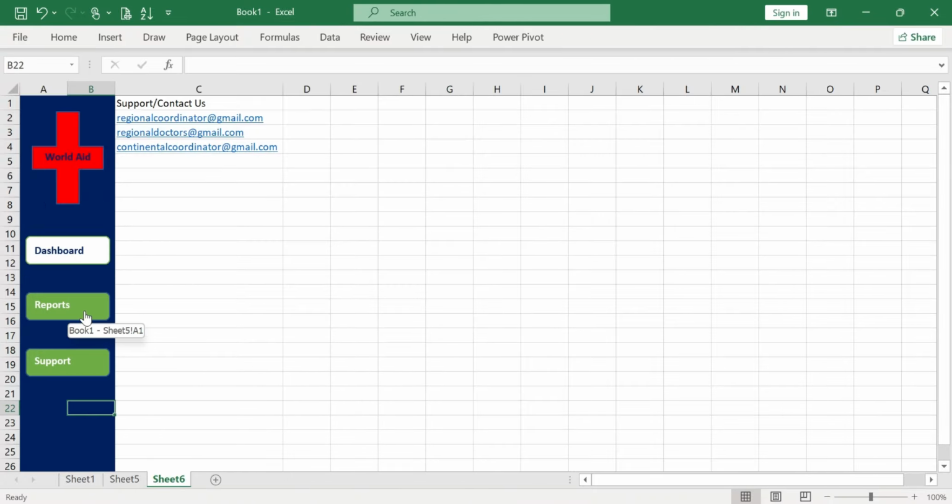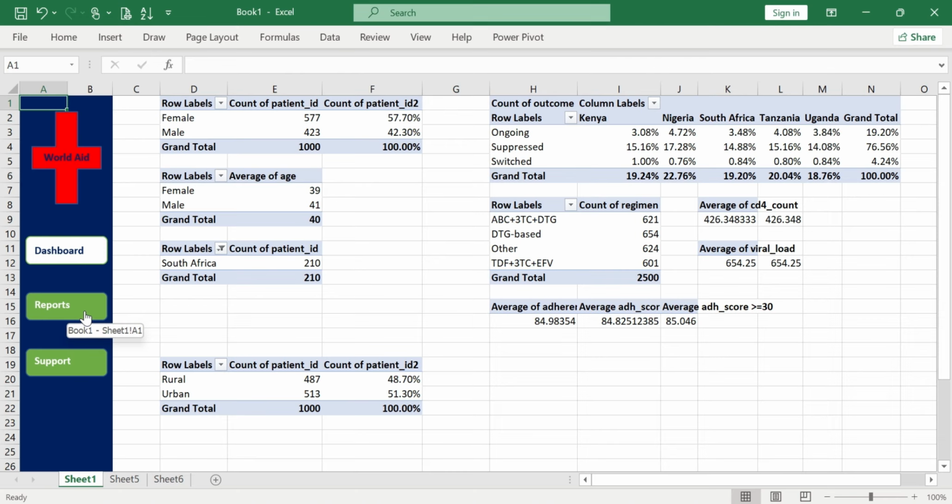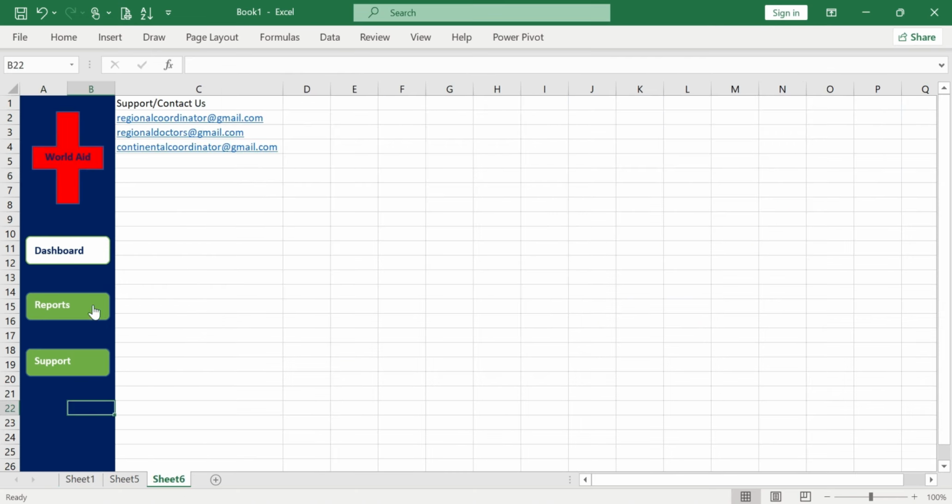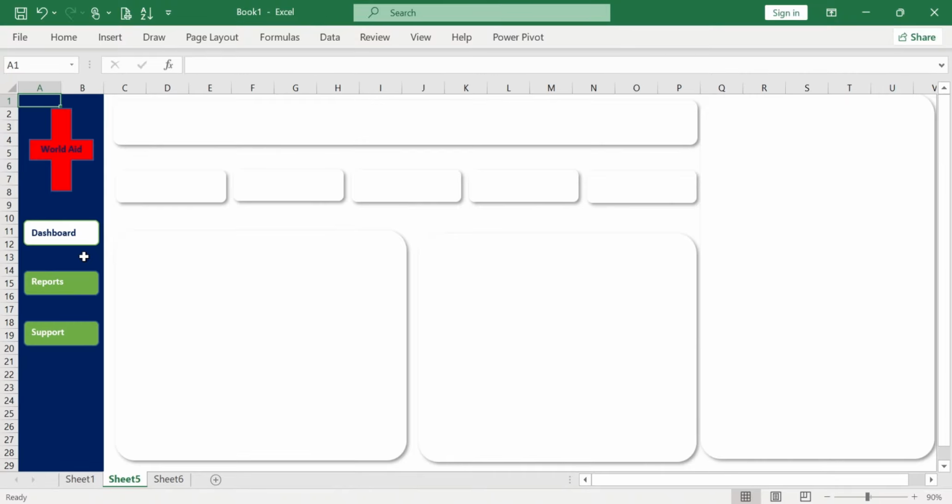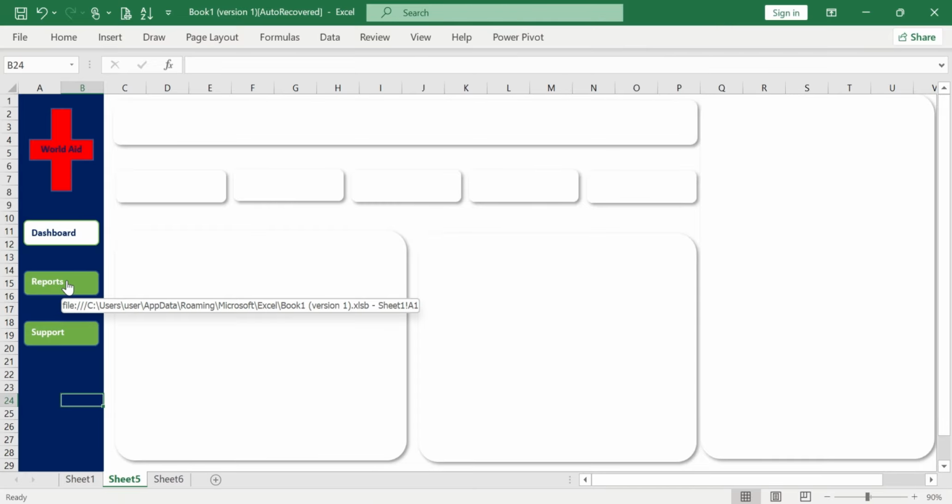So if we click on this one here for the reports, it actually takes us to the reports. If we actually want to get into the one for the dashboard, you just have to click on the dashboard. It actually takes you to the dashboard. So in this point here for the dashboard, now you can check that you can easily navigate into the reports,